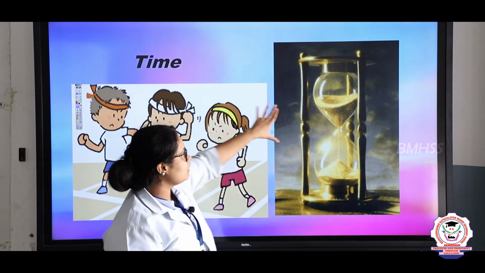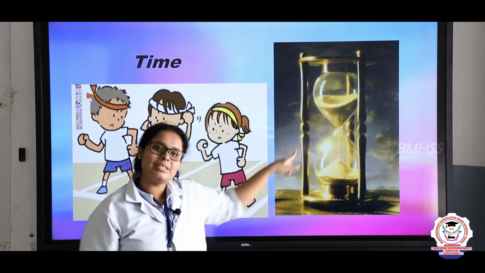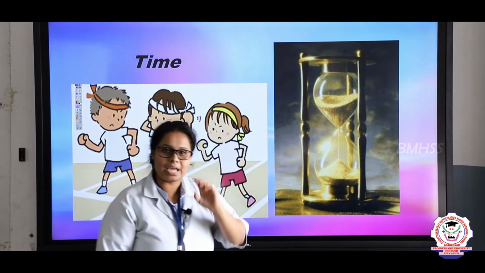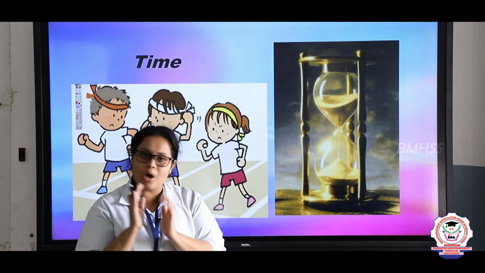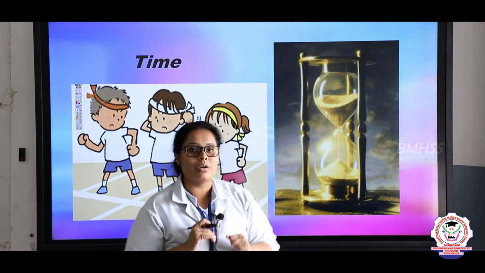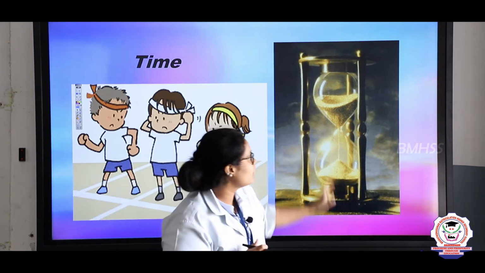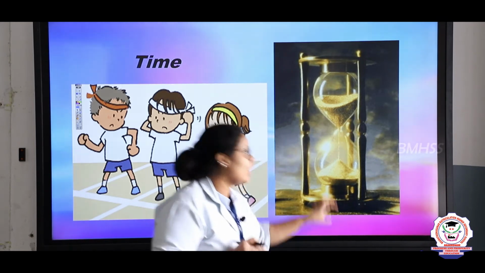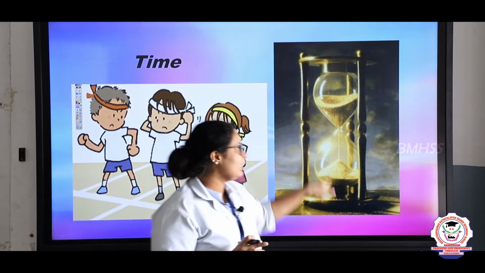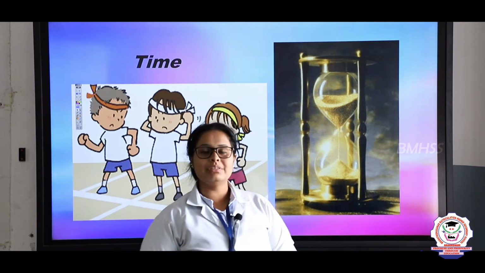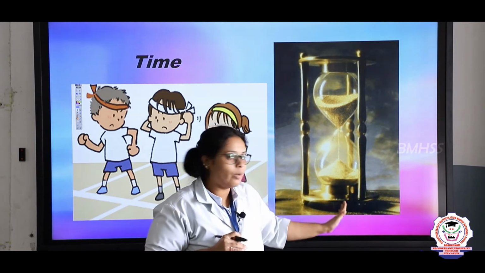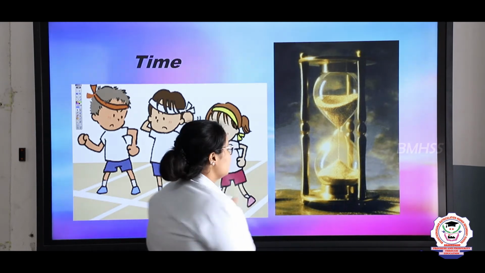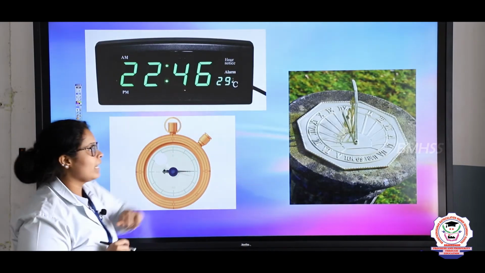In the same way, previously we had this. What is this? This is known as a sand clock. So in ancient times, when they did not have a proper clock, they used a sand clock. The sand from the upper body used to come down. When it takes around 1 hour, okay students, when it is completely down, we get to know that yes, 1 hour has finished. In the same way, these are the different types of clocks.